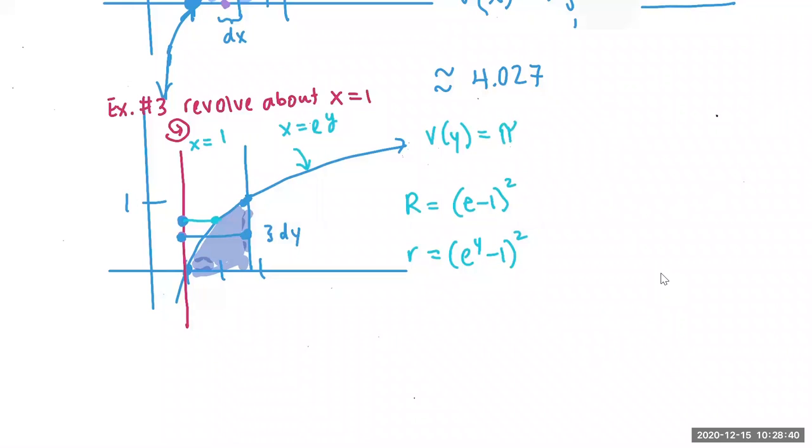There's no symmetry, so there's no doubling here. It's pi. Everything is in terms of y, including your limits of integration. So what should your limits of integration be this time for this interval? Okay, so my lowest y value is 0. My highest is 1. Very good. So we've got 0 to 1. And then we have big R squared, e minus 1 squared, minus little r squared, e to the y minus